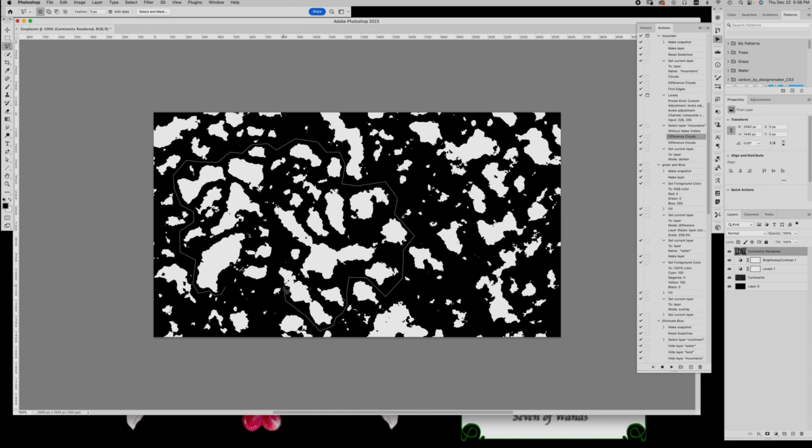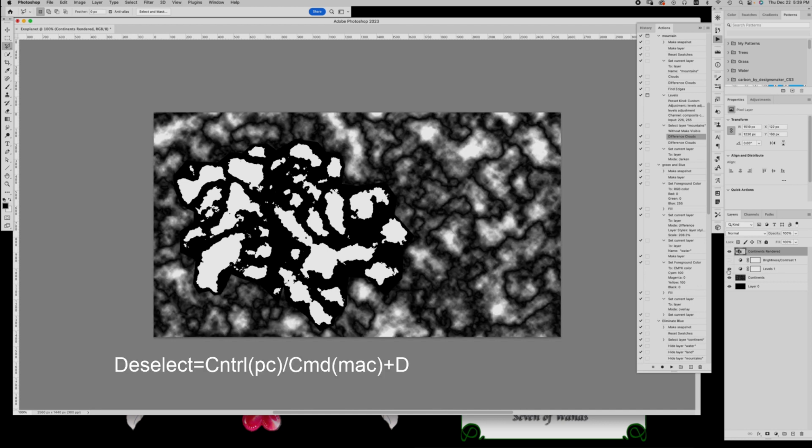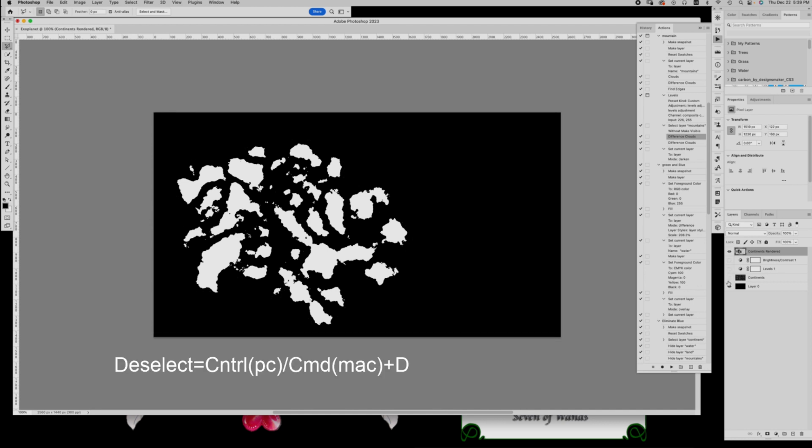So what you don't want to do is get to here and then decide to cut all the way through. That's not a good idea because they roughly look like they fit together. So select the ones that you want and then Command on the Mac, Control on the PC, Shift, and then I. This will invert your selection. Be sure to unselect the previous layers so it's hidden, and voila. If you don't like it, go back to your previous Continents layer and try it again, or you can undo. But this looks like a good set of continents,